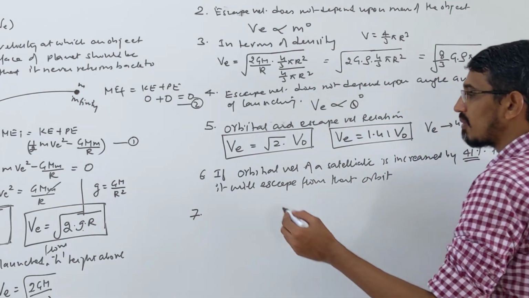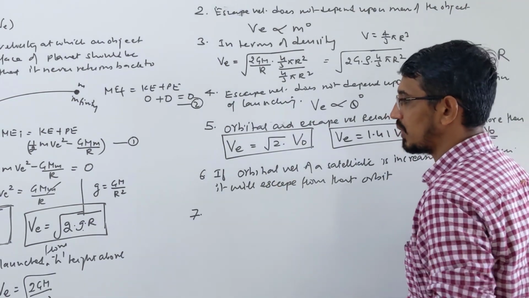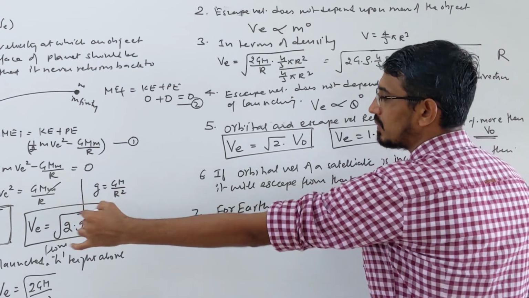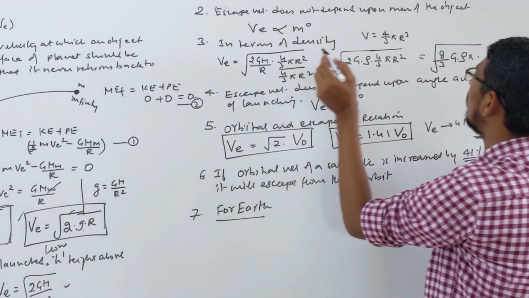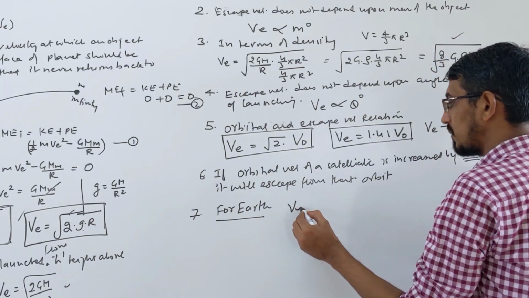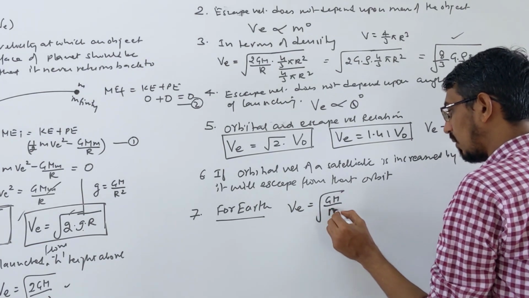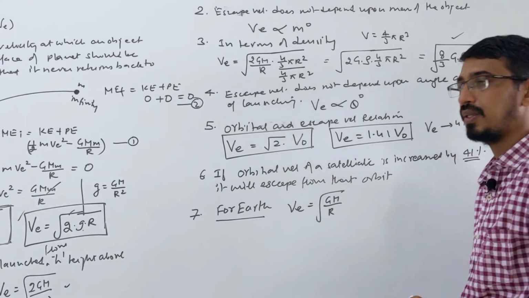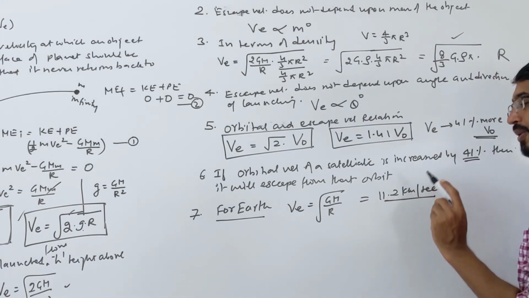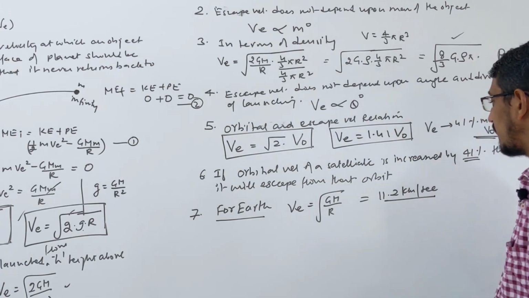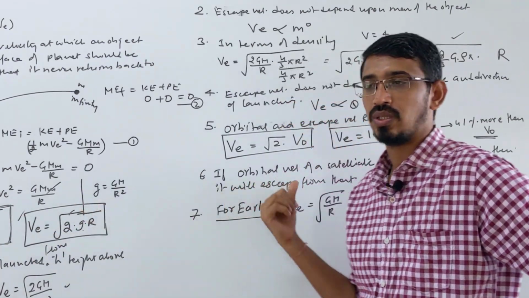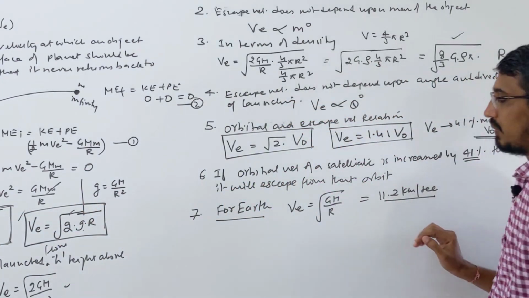Let's write what is the escape velocity for Earth. So I am writing for Earth specifically. These formulas I wrote are for any planet, this format, that format, and the density format. For Earth, what is the escape velocity? All values we know, G, M and R. If you are launching an object from the surface of Earth, we already know it comes to 11.2 kilometer per second. So this is general knowledge you should know. For Earth the escape velocity is 11.2 kilometer per second. You can use this formula or that formula to calculate it, all we know.